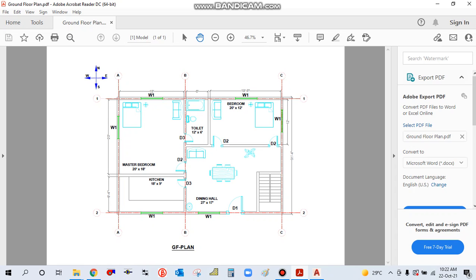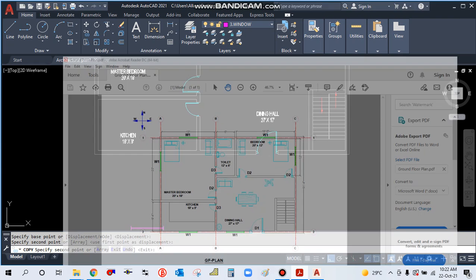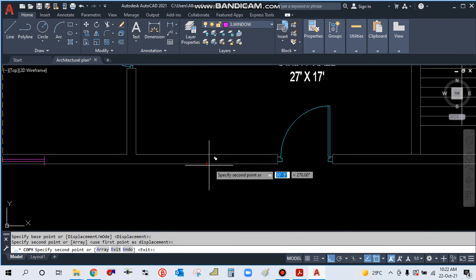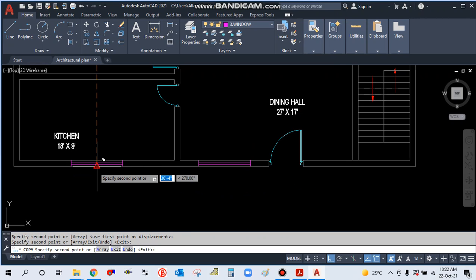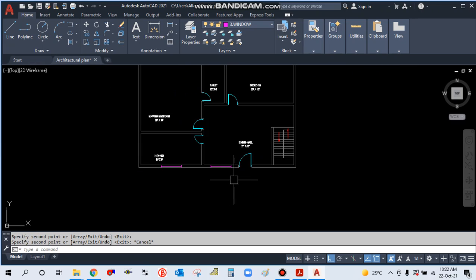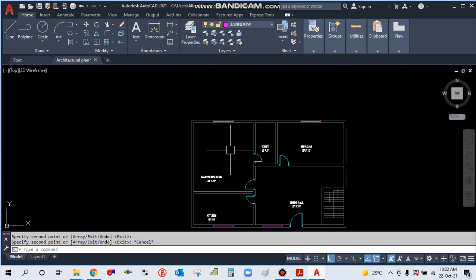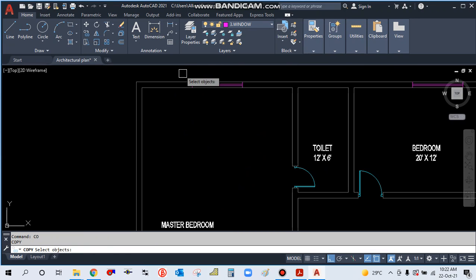Here in the dining hall, one in the kitchen. So put one here, one in the kitchen. Okay, again copy this,